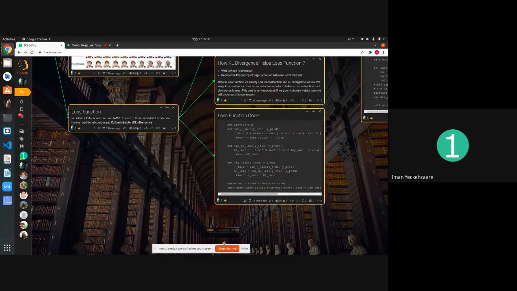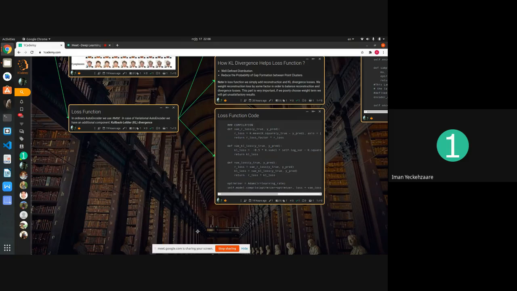That was very interesting, but I have some comments for you. In terms of these nodes that you have, like loss function or loss function code, that is very general. It's not a good idea to use general terms in titles of nodes, because